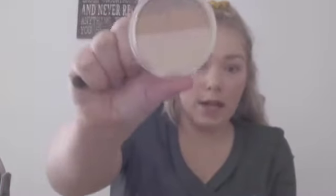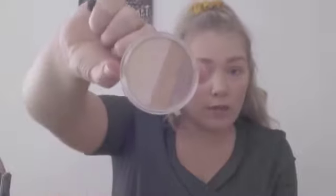So I'm going to use the Moon Glow bronzer. As you can see, this has got 4 different colours on it, going from a dark brown to a pinky highlighter and then a golden highlighter. I love these for eyeshadows, so they really lighten and brighten your eyes. So I use this pinky one here. It's more of a champagne